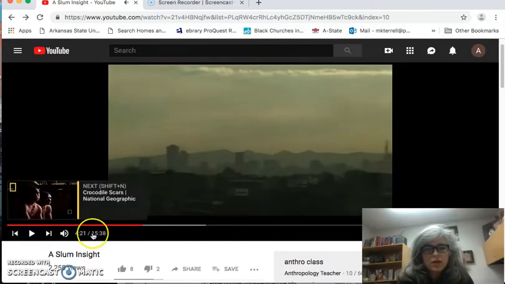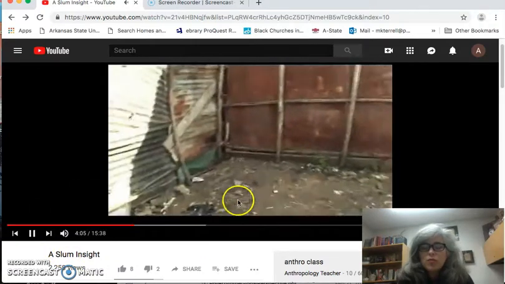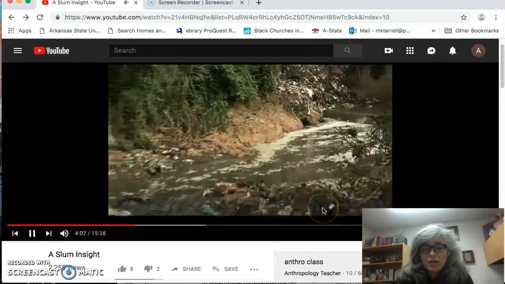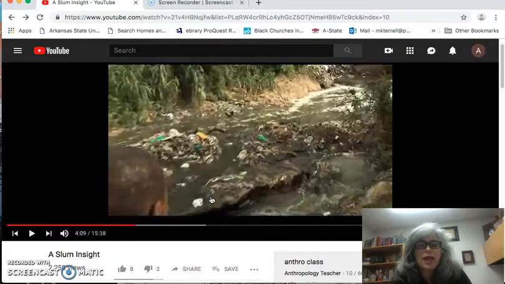Okay, so let me pause it right there, back it up for just a second. So remember, subsistence means you have the ability to provide yourself with sufficient shelter, and other subsistence basics also. So he was saying that his house used to be right there, but it wasn't sufficient shelter because a rainstorm came and it blew away. So that's describing absolute poverty conditions, which are life-threatening. You won't necessarily absolutely die in absolute poverty, but your life is in danger because of the conditions that you live in.